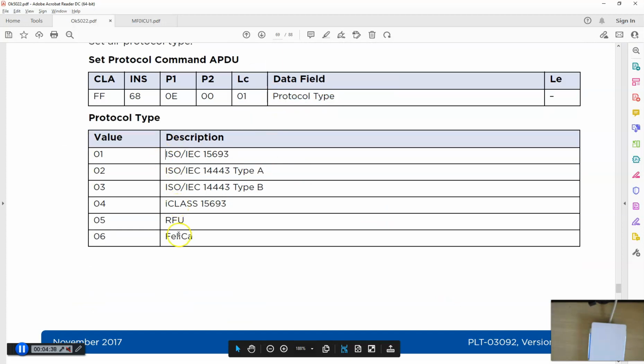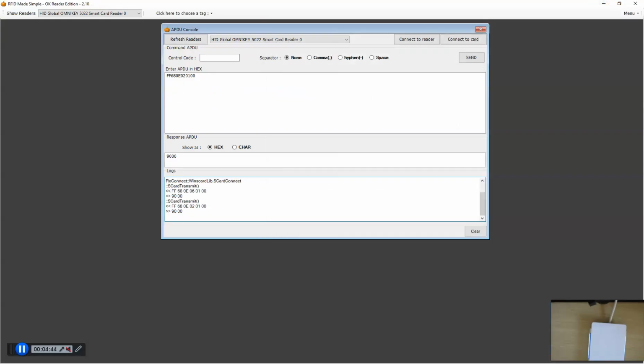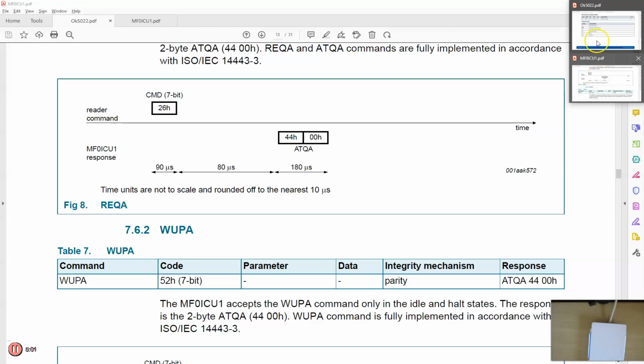It's a type A tag, so that will be 02. So set that. Take this out, Control V. So you got this response 90. So we have set the protocol, and the next thing will be